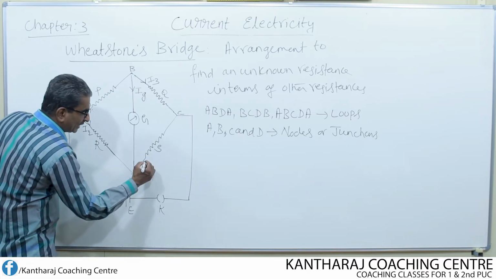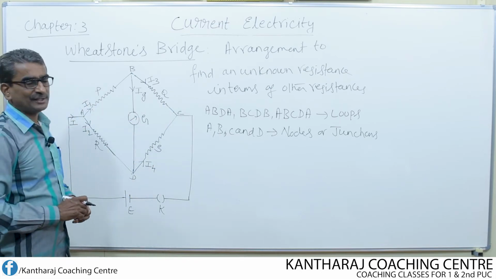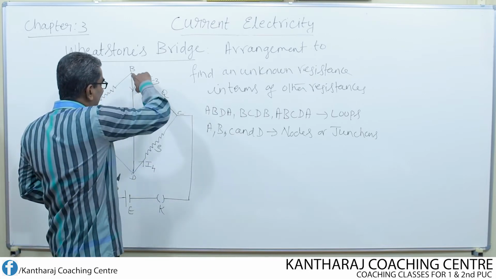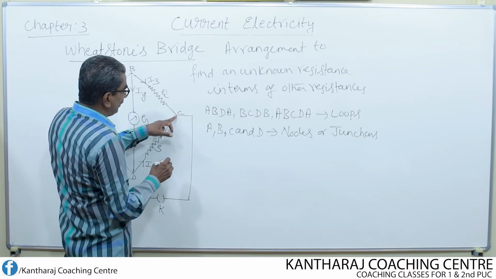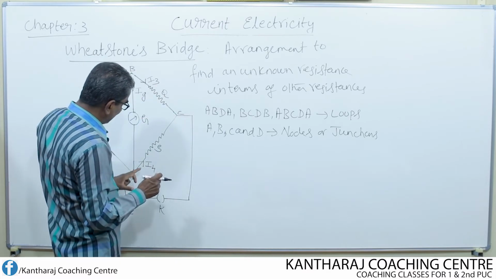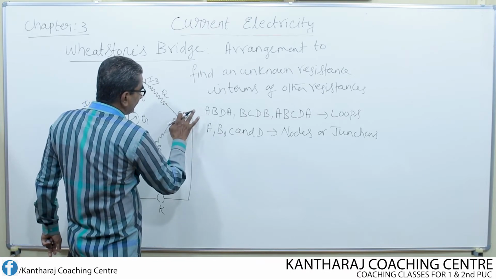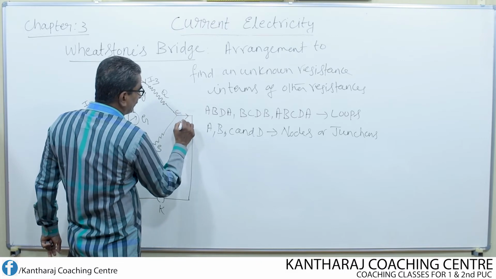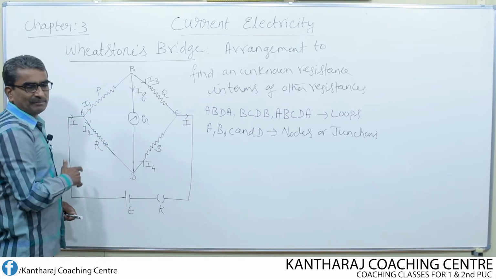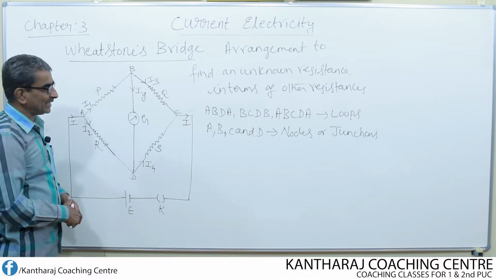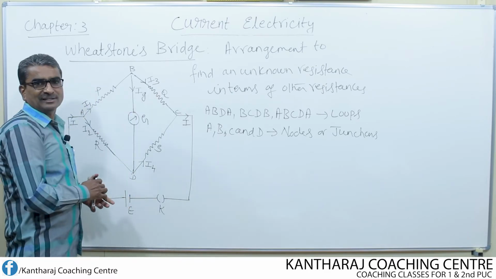Together they form one more current, nothing but I4, which flows through S. Finally at the point C, I3 and I4 reach, and thereby at the point C these two currents I3 and I4 together once again form the main current, nothing but equal to I. So this is how we can branch out, or split, the main current I into this network, or this electrical circuit.